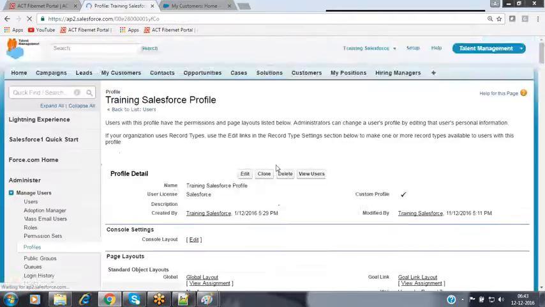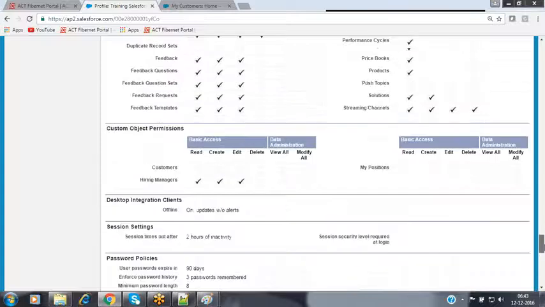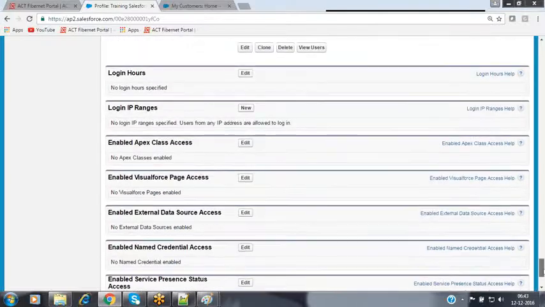Now, if there are any Visualforce pages available, the users will not get access to them directly, so we have to select those Visualforce pages here also. As we move forward in the development sessions, we'll see how to create these Apex classes, how to design our own Visualforce pages, and how to grant access to these users. We'll see it practically.